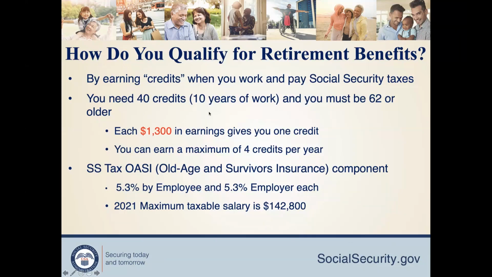Okay, so how do you qualify for retirement benefits, right? So that is the first thing. Social Security has got different components, right? It has got something called the old age survivor insurance. It has got disability insurance. Even Medicare is some sort of part of that, right? Today we are going to be focusing only on the retirement benefits, which is actually called OASI, old age survivors